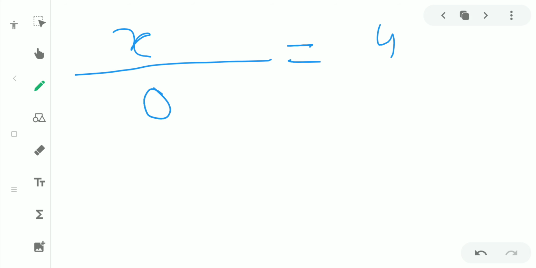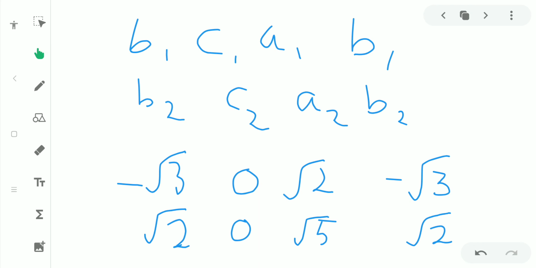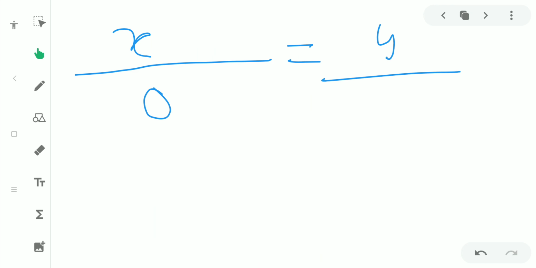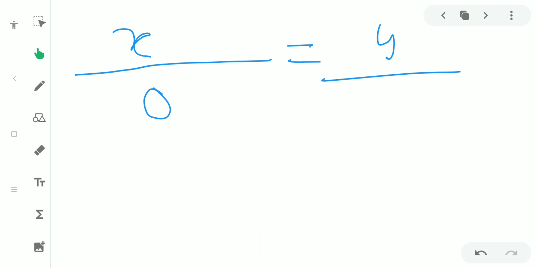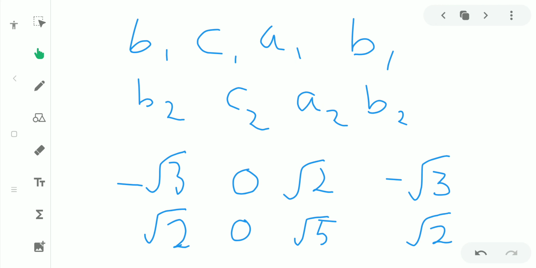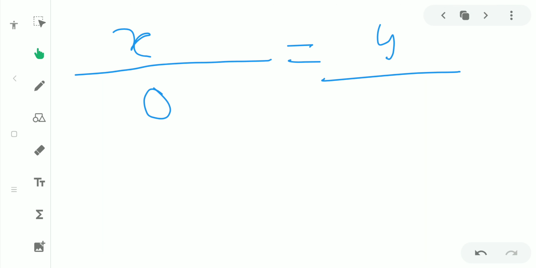y by C1 into A2 minus C2 into A1. So C1 into A2, that is 0 into 5 is nothing but 0. 0 minus 0 into root 2, C2 into A1 and 0 into root 2, nothing but again 0. 0 minus 0 is nothing but 0, which is equal to 1 by